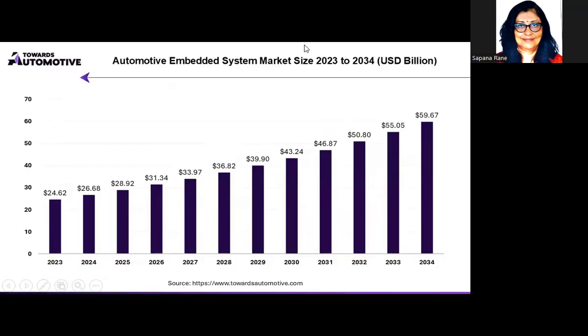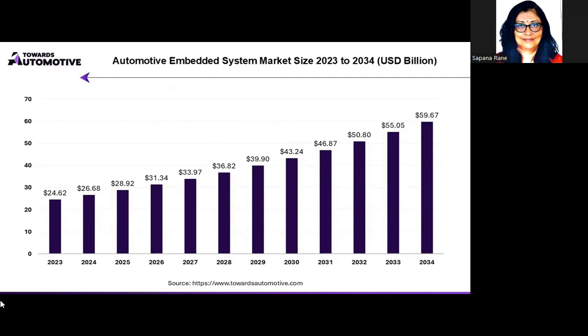Now, let us see this graph. What does it show? It shows the automotive embedded system market size from 2023 to 2034. Now, if you go from 2023 to the current year, which is 2025,